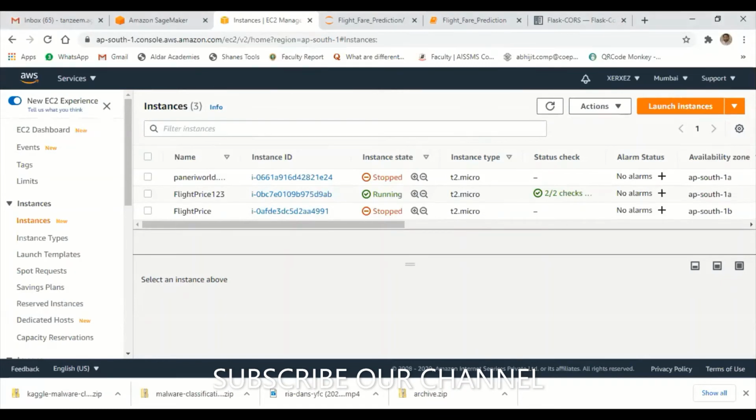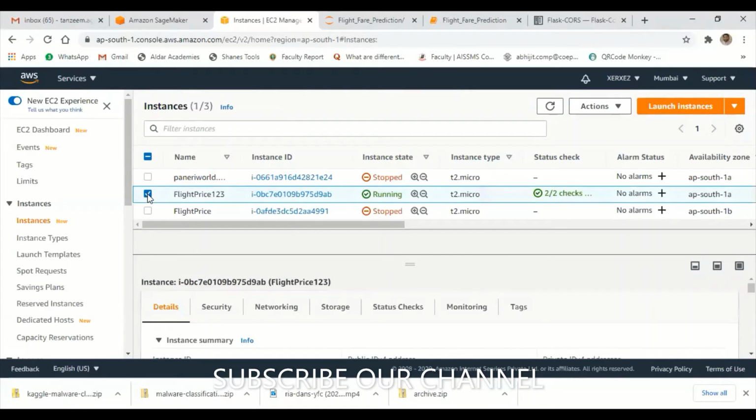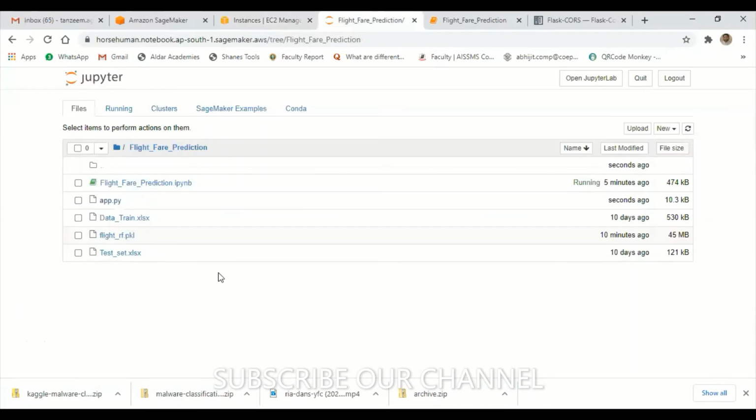Sir, if we are doing this in the local machine, then what's the process to run the same? Same process, but you need Anaconda Navigator. Like how I have created the file here. Can you see this? This directory is the folder, and we have to run that app.py file. Exactly. But remember one more thing.